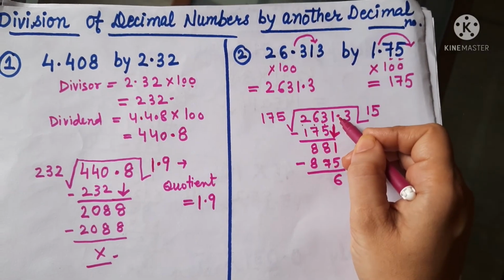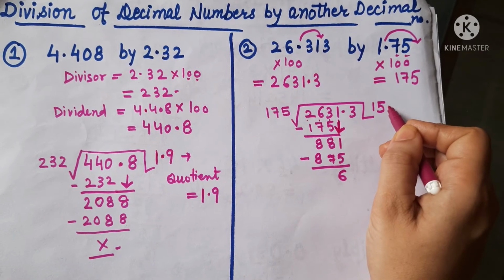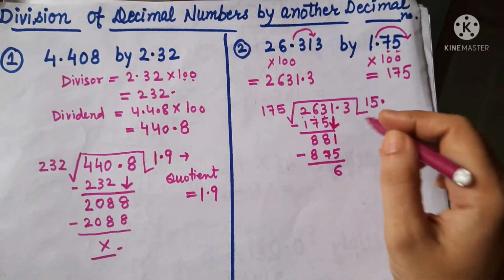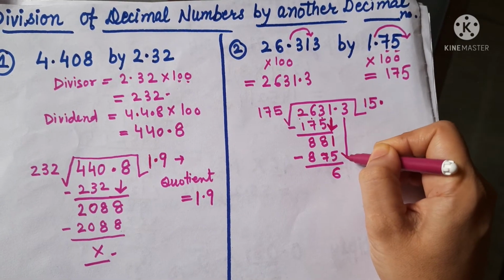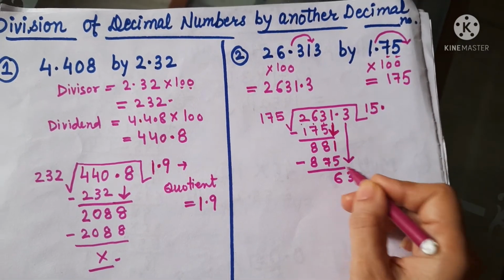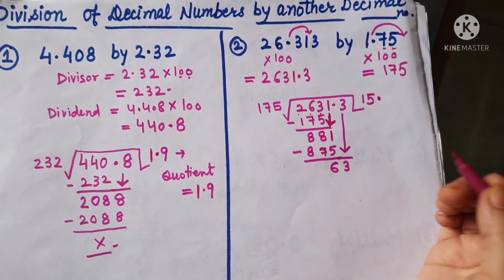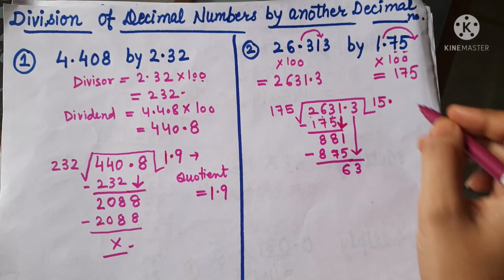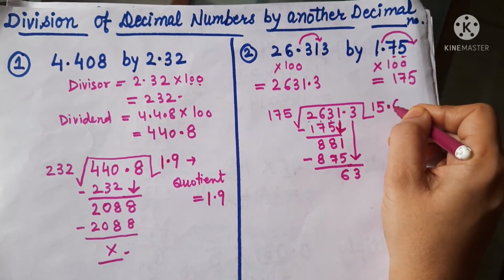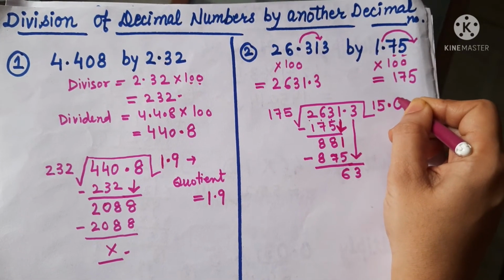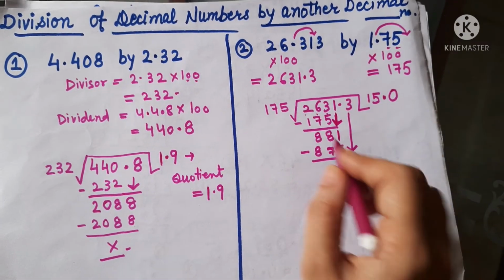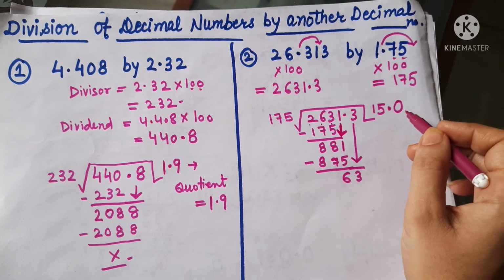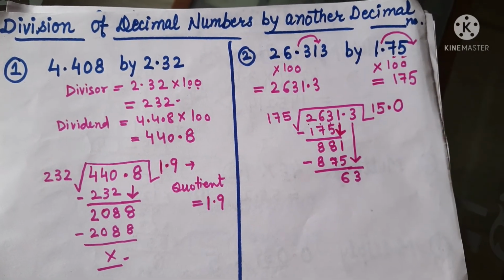Now, in the next step, we have the decimal. So this decimal we will mark in the quotient. And this 3 will get down. Now you can see, here are 2 digits but here we have 3 digits, so it will not go. So what we will do, as you know, in simple division, when the digits are fewer than in the divisor, we put 0 and get the next number.